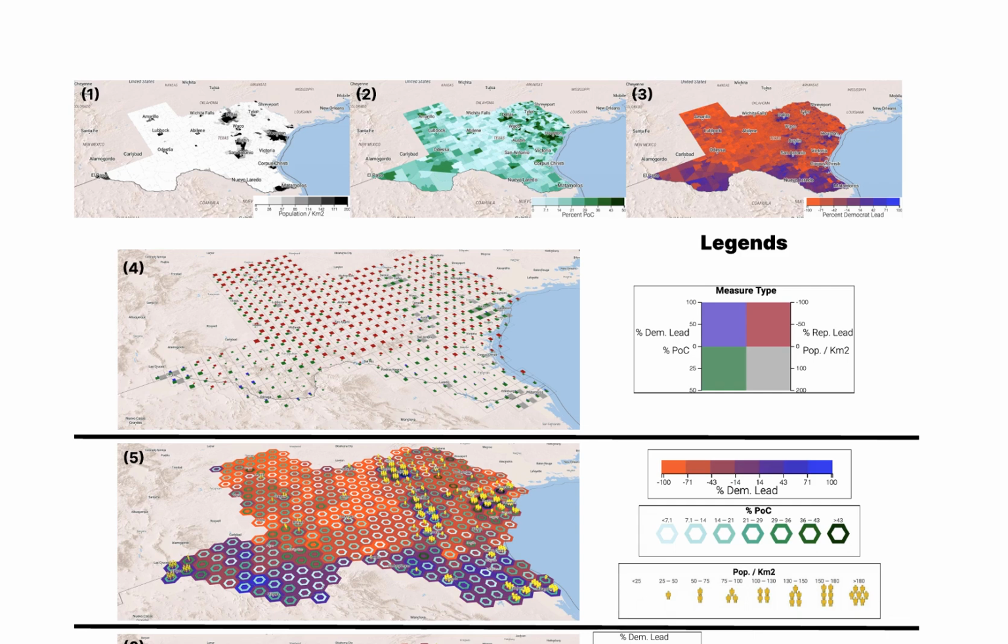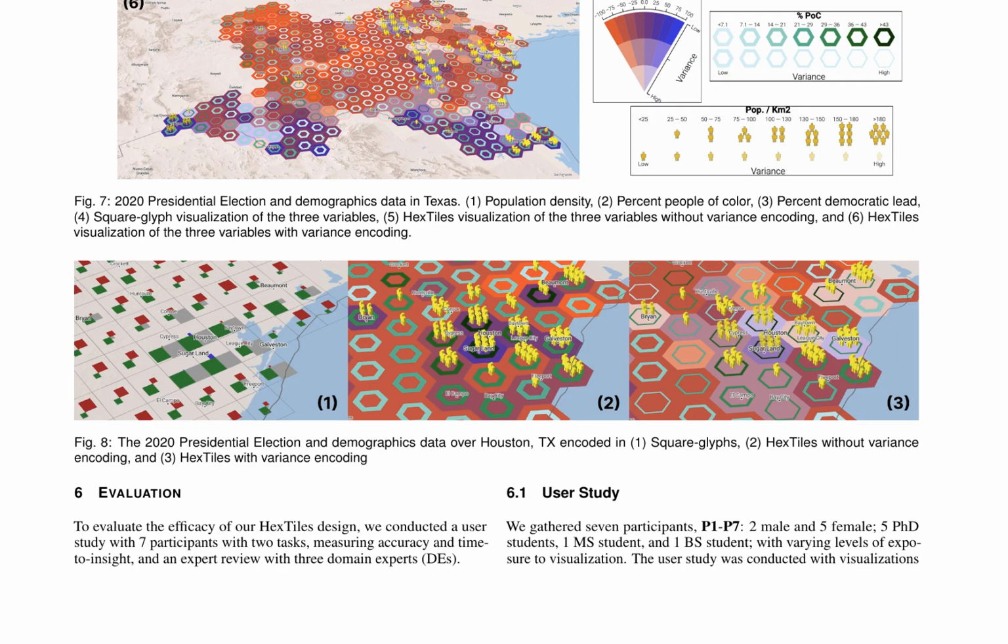The authors also present the results of a user study, which evaluated the efficacy of HexTiles in terms of accuracy and time to insight. The study involved 7 participants with varying levels of exposure to visualization, who were tasked with completing 2 tasks using HexTiles visualizations. The authors also conducted an expert review with 3 domain experts to gather feedback on the effectiveness of HexTiles in